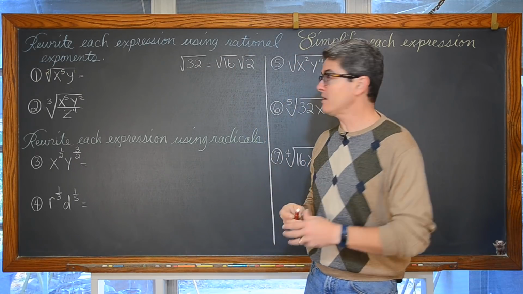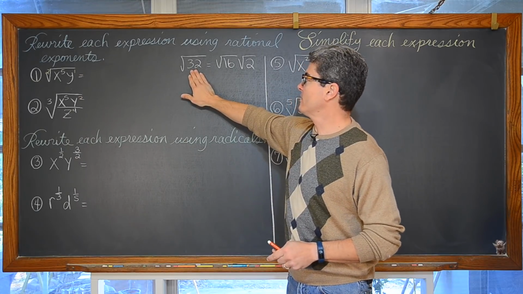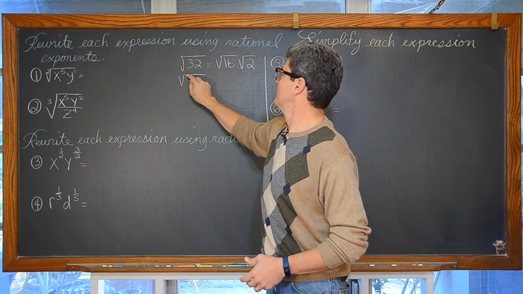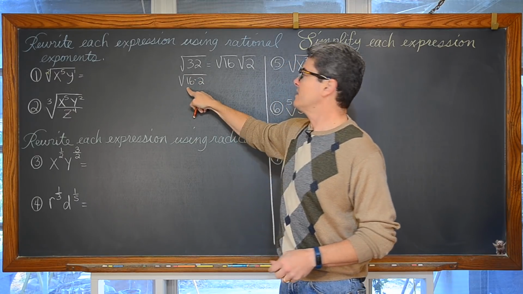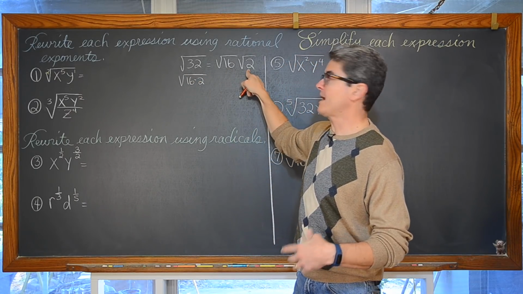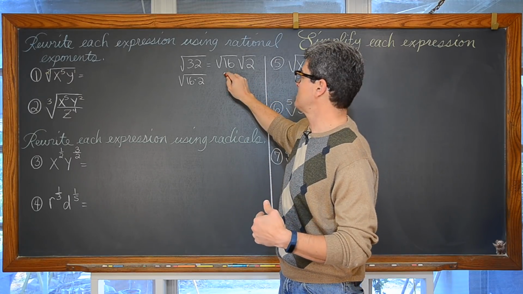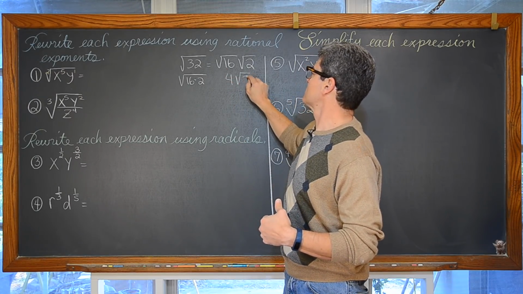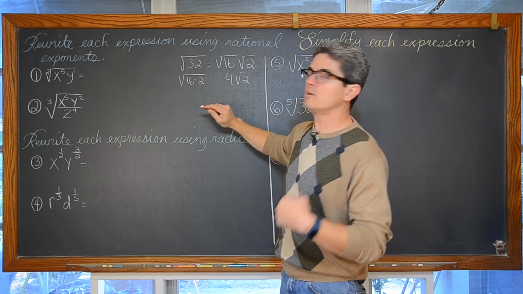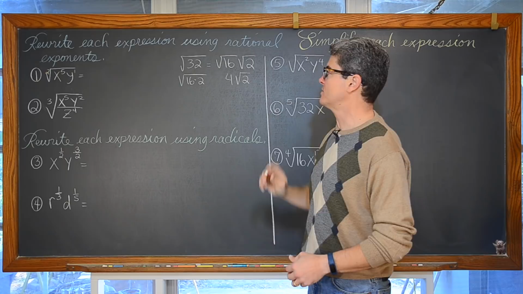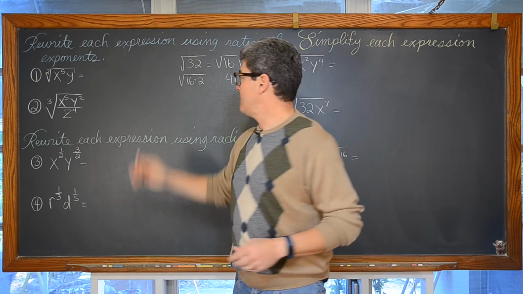And do you see what I just did there? When you take this number and factor it and say, well, it's 16 times 2, you can give each of those factors their own radical. And then you can simplify each of them separately. The square root of 16 is equal to 4, and you get 4 times the square root of 2. So the square root of 32 can be rewritten or simplified down to a form of 4 times the square root of 2. You can do that with factors.